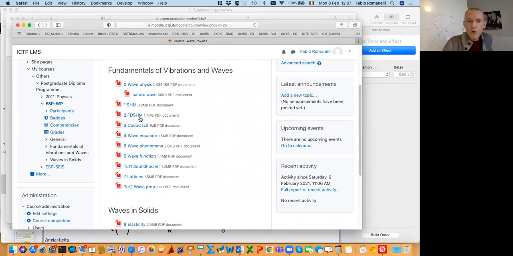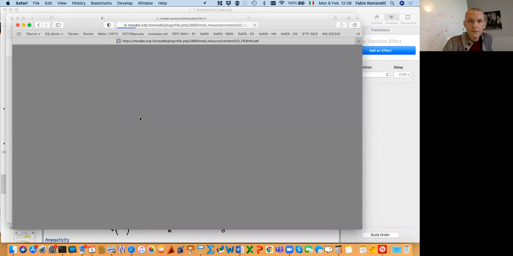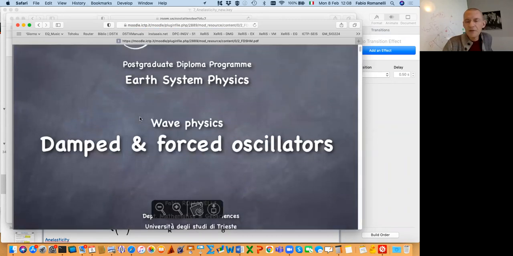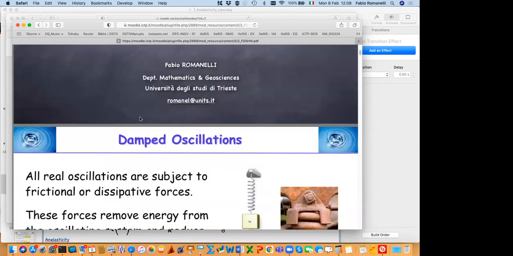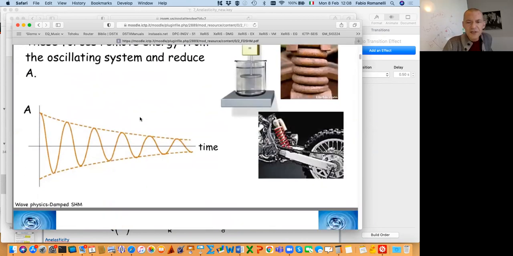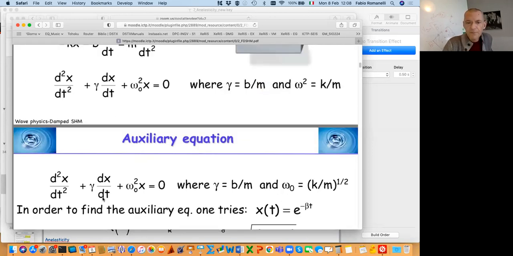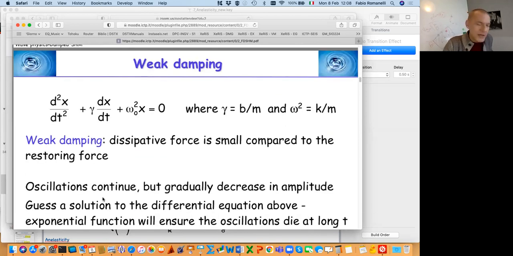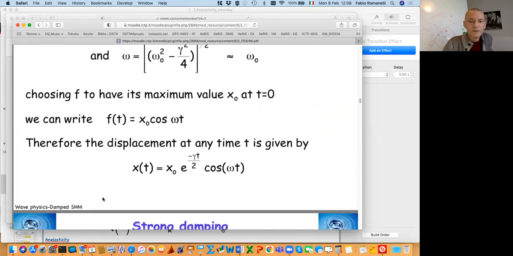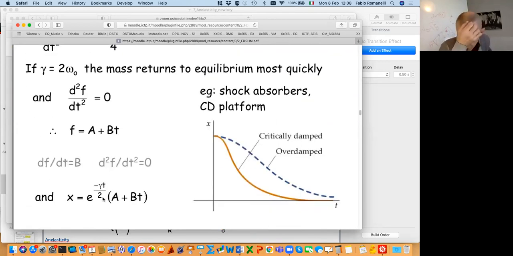But by the way, now look at this. This is about forced and damped oscillations. You see, this is very simple, very basic. It's one of the first lectures for the diploma course. Very simple pictures here: the writing of the harmonic oscillator with damping, and B here is exactly viscosity. You write it with initial conditions: weak damping, strong damping, critical damping. That's important for engineering geology,